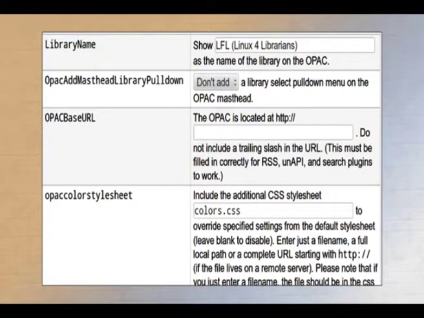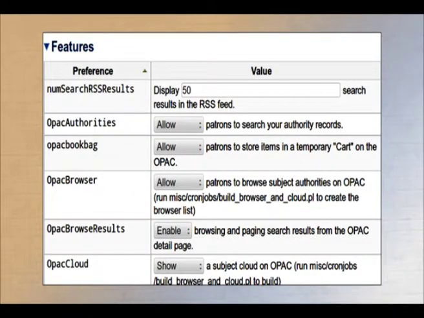Now, similarly, many other things you can control from here: the name of your library, OPAC credits, the base URL of your OPAC. You can create different kinds of CSS style sheets and link that style sheet into your OPAC to control the appearance. Then different other features related to OPAC, say the maximum number of results against a particular query, and OPAC authorities: whether you want to display authorities or not in the OPAC, you can allow or disallow.